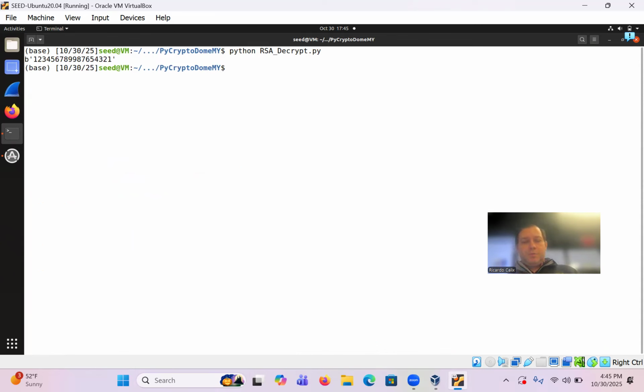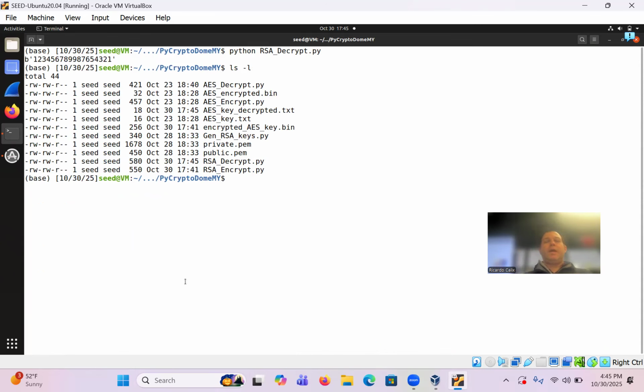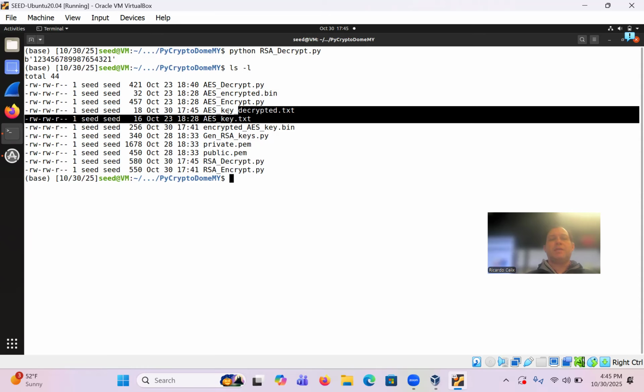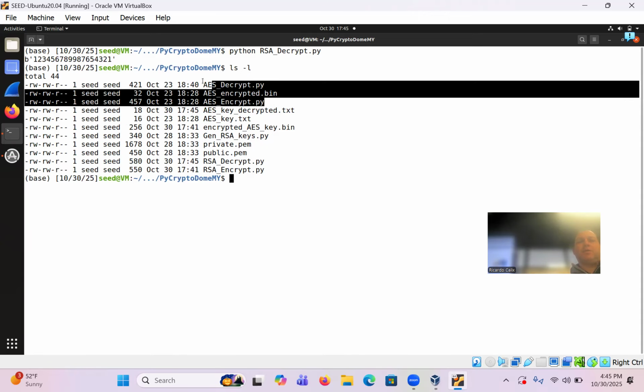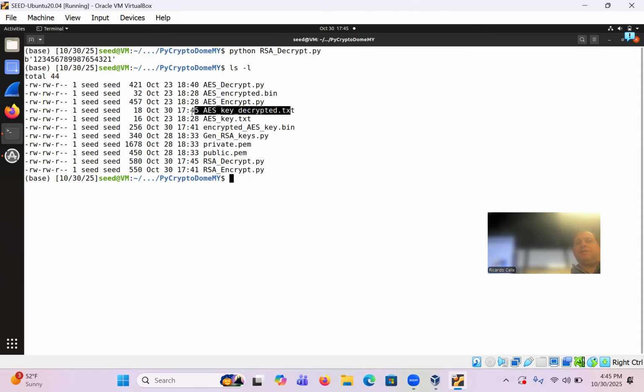Okay, so if we look, now we have two AES keys: the original one, and the AES key decrypted. So if you're Alice now, when you use your AES algorithms, you're going to use this file. All right, so now we need to test this whole thing,